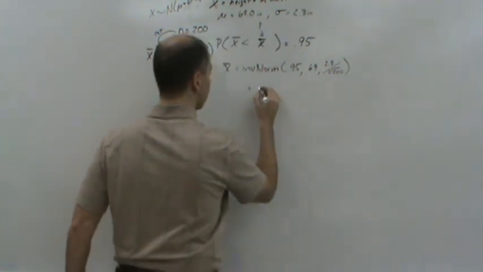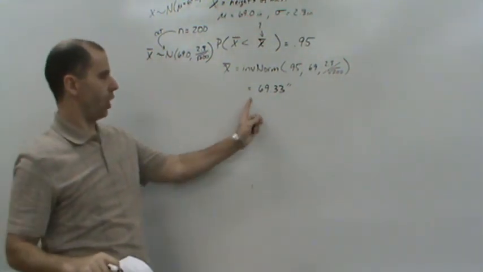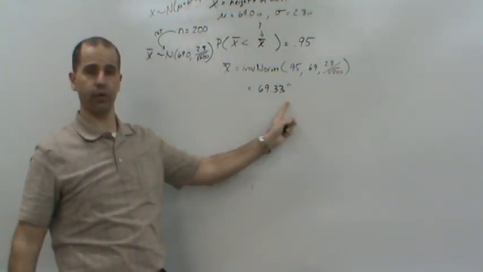It's going to be 69.33 inches. Okay, so again, if we took all possible sample sizes of 200 out of this population,